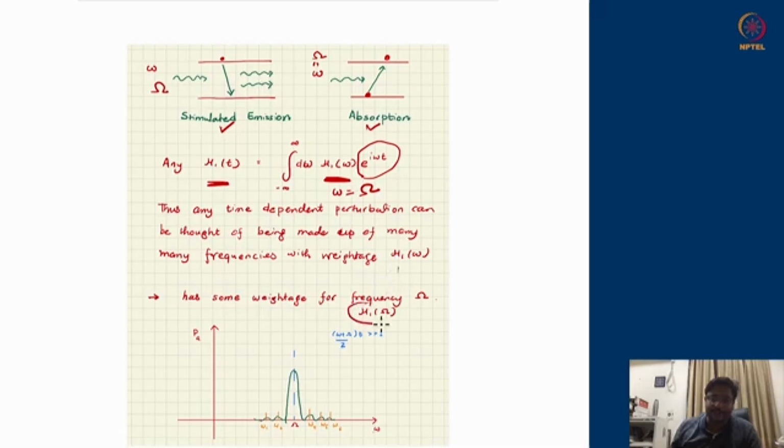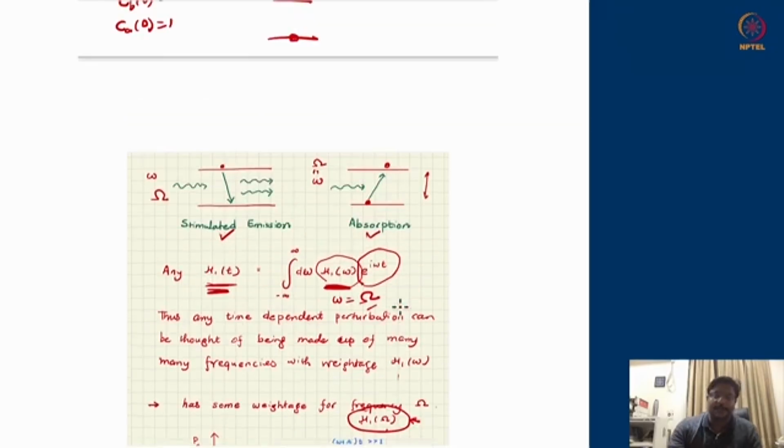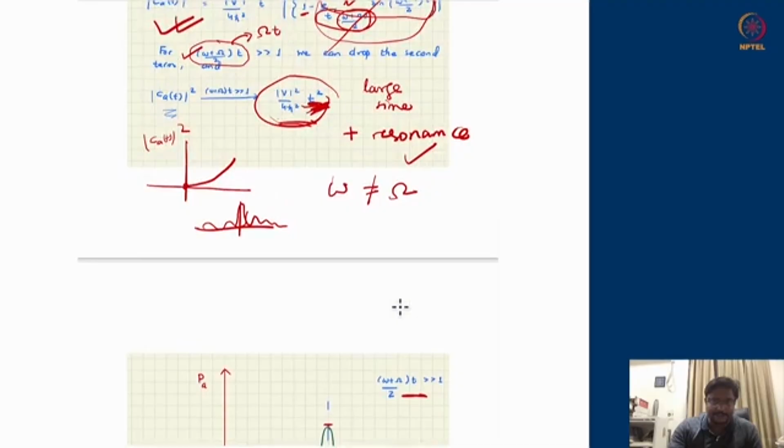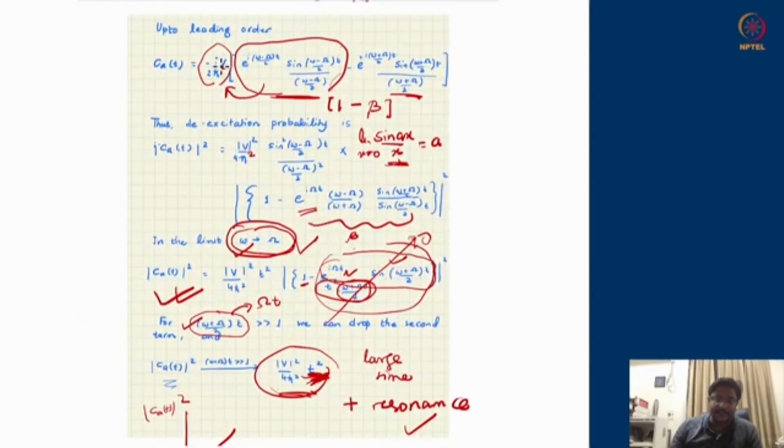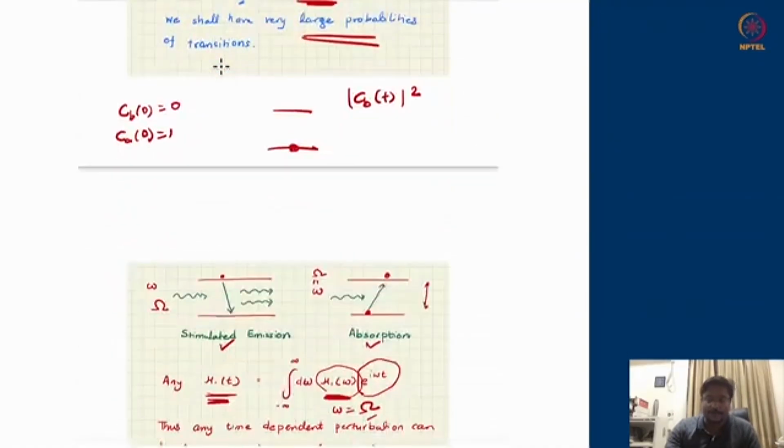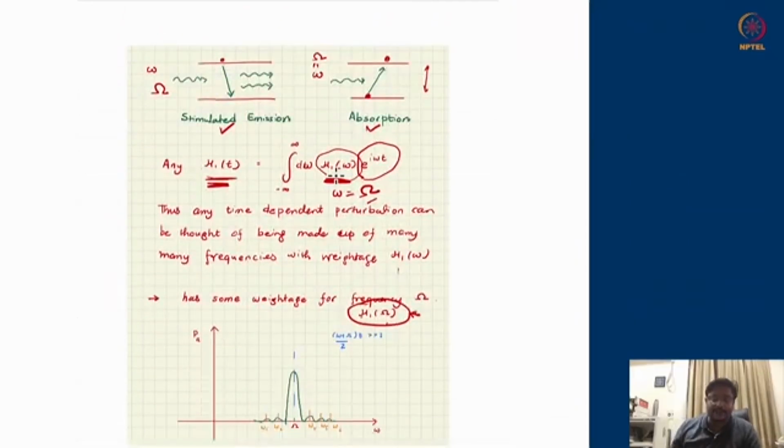weightage h1 of omega. So any arbitrary function can be thought of as made up from sine cos kind of decomposition, and one of the decomposition frequencies will be exactly the same frequency which the energy gap of the atom is coming with. So effectively the coefficient of that frequency, which is h1 of omega, plays the role of your V in this case. The problem which we discussed, the role of V will be played by h1 of capital omega. At all different frequencies, h1 of omegas will be the V's for those different frequencies, but I know that